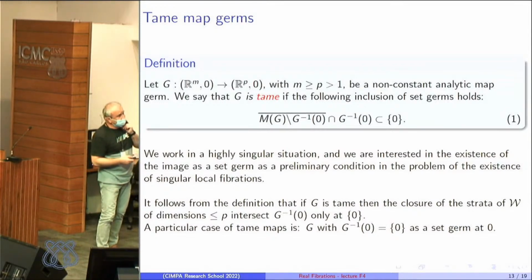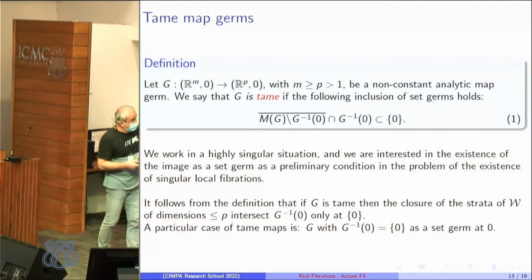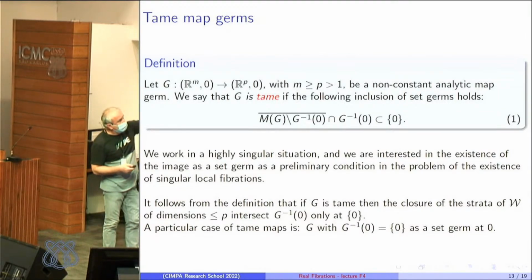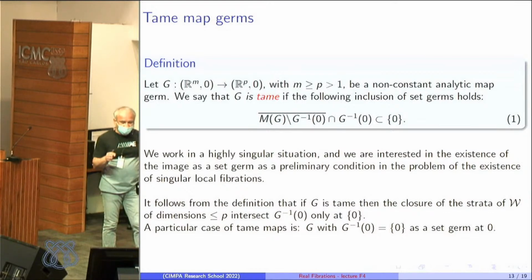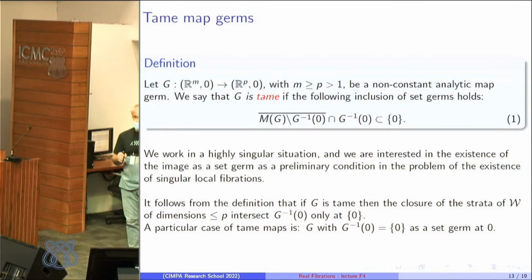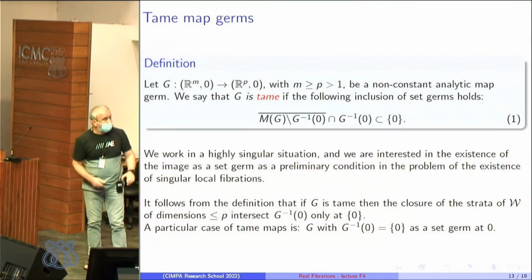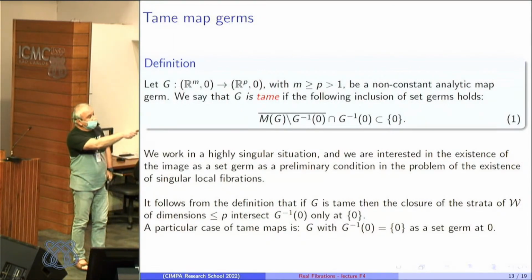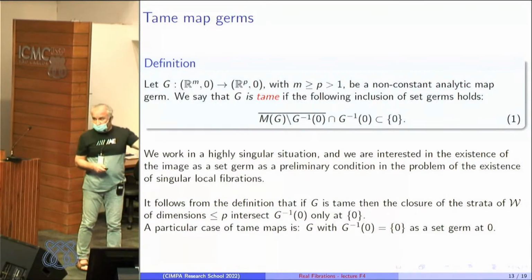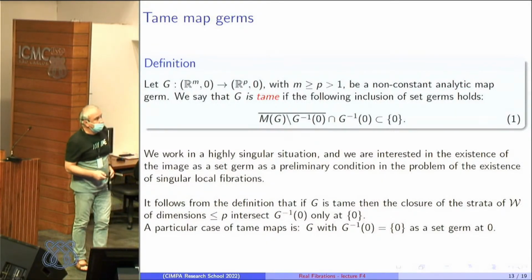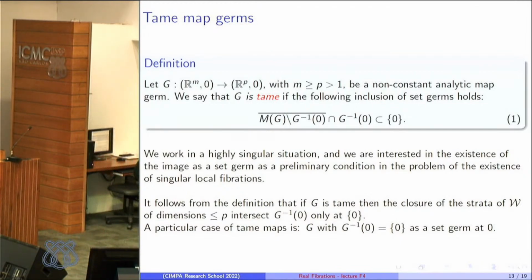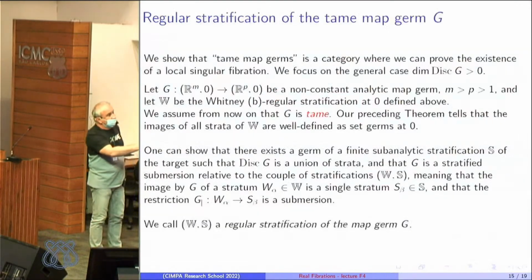If you look at the definition, this definition implies that once we look at the strata of your stratification of low dimension, I mean dimension at most p, the dimension of the target, then the intersection with the fiber is going to be at most a point at the origin. And you can hear, of course, that if you have a map,